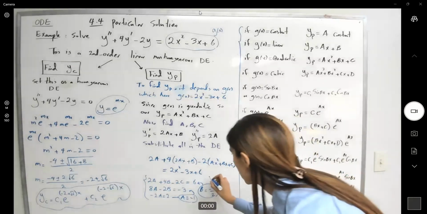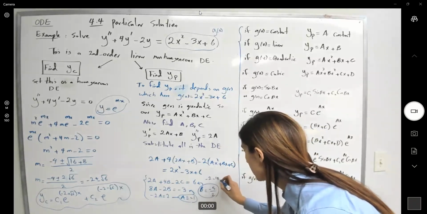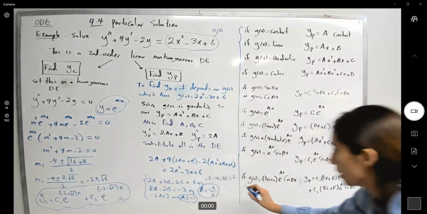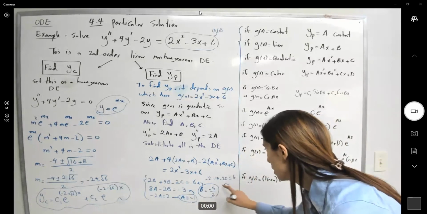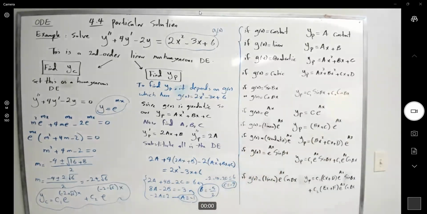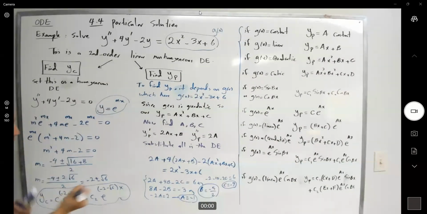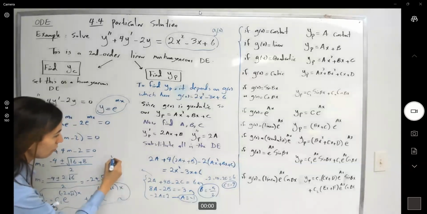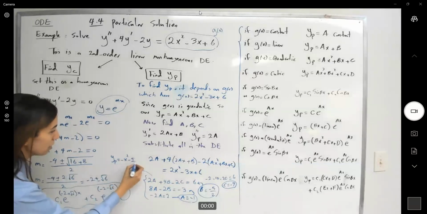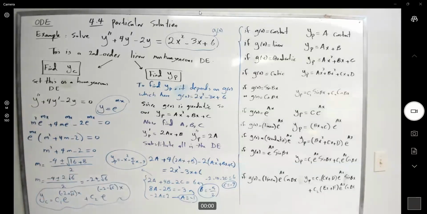I get negative 2 minus 10 minus 2c equals 6. Bringing this to the other side, c becomes negative 9. So the particular solution is also found. y sub p is negative x squared minus 5 halves x minus 9. Okay, perfect. I found